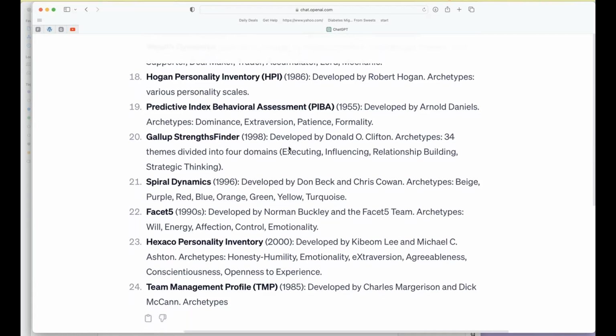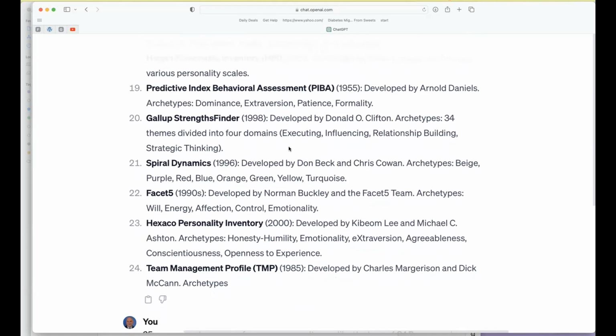Yeah. Spiral Dynamics is not a personality typing system. I don't even know why it's on this list. Their archetypes are these colors. We already know that Spiral Dynamics is talking about the evolution of human values. And so the values may very well have changed and they might be saying that, but to say that there are people that are at this particular level, and if these are the values they're likely to hold,